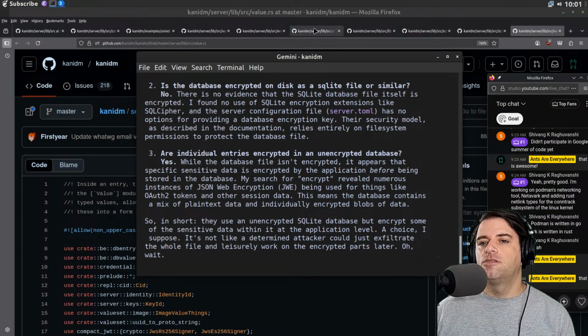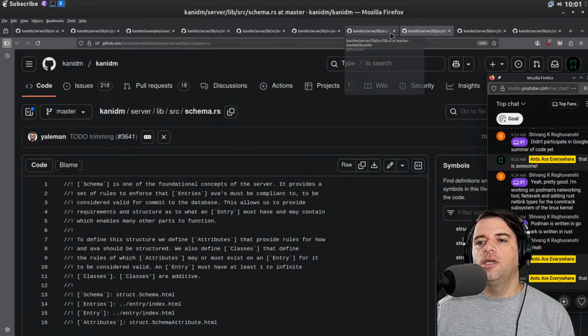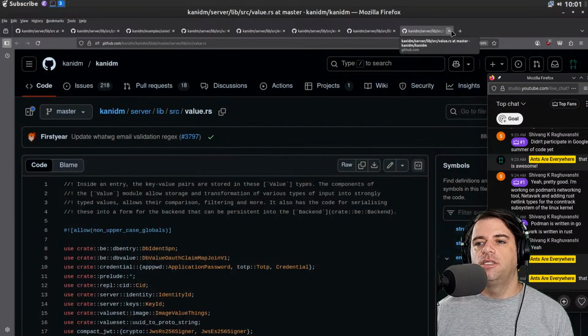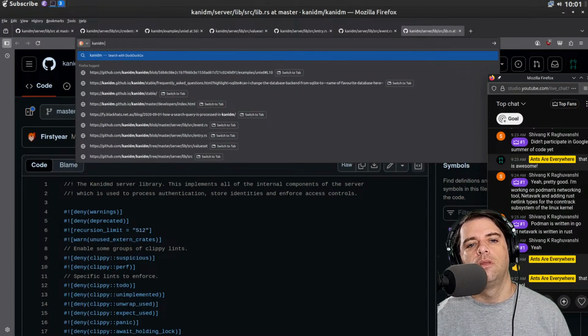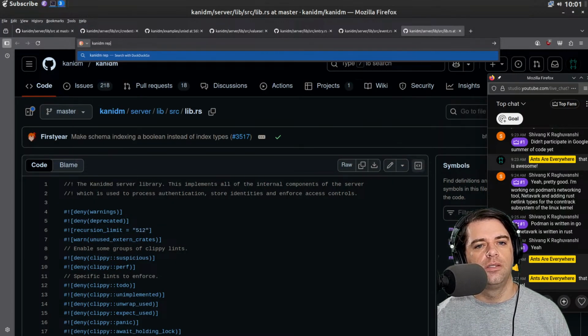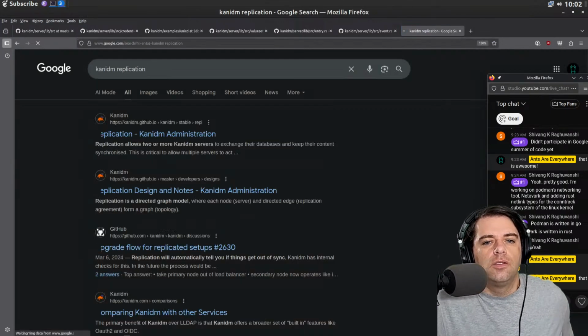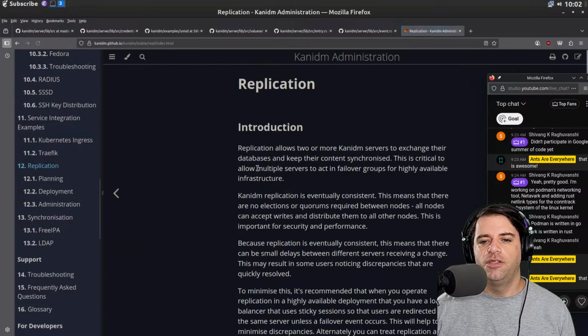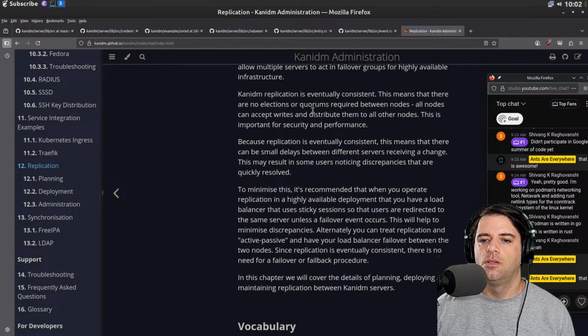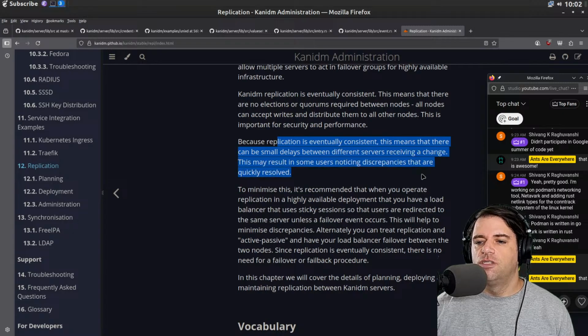All right, that's great. So I wanted to ask or investigate a little bit into the replication. The way that they do replication is it's eventually consistent. This means there are no elections or quorums required between nodes. There can be small delays between different servers receiving a change.